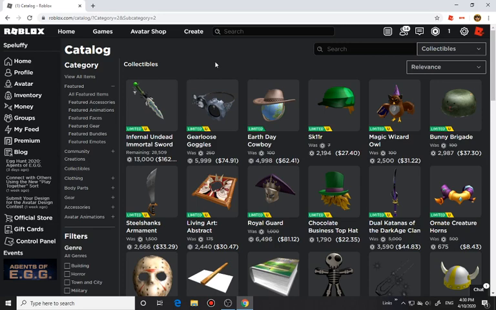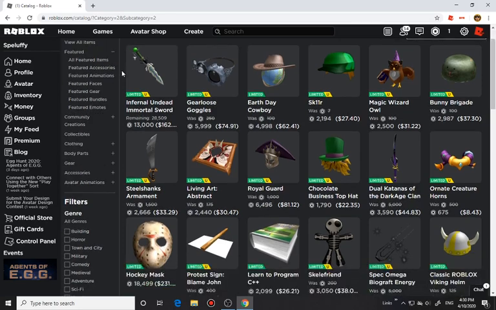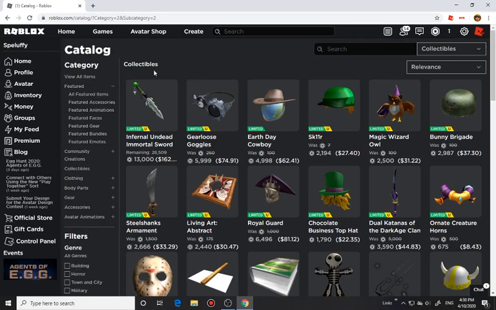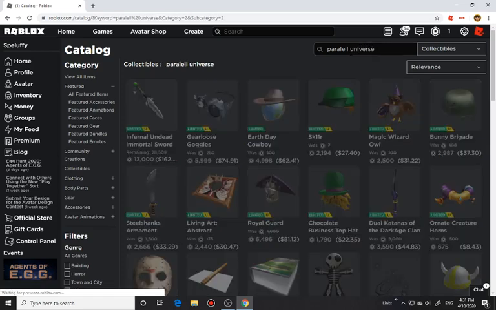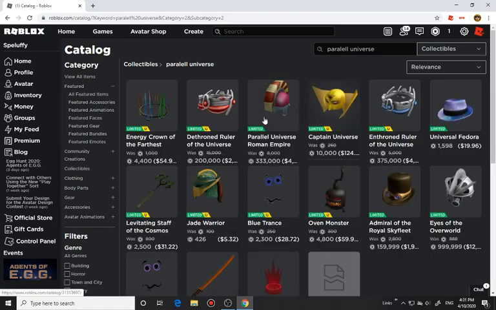Then there's also rarity. Rarity means that there's not a lot of an item in stock, or there's just not so many of an item left over, which means most rare items have very low demand. So basically, let me show you an example of a rare item, Parallel Universe. I don't know if I spelled that wrong. So there's an item called Parallel Universe Roman Empire